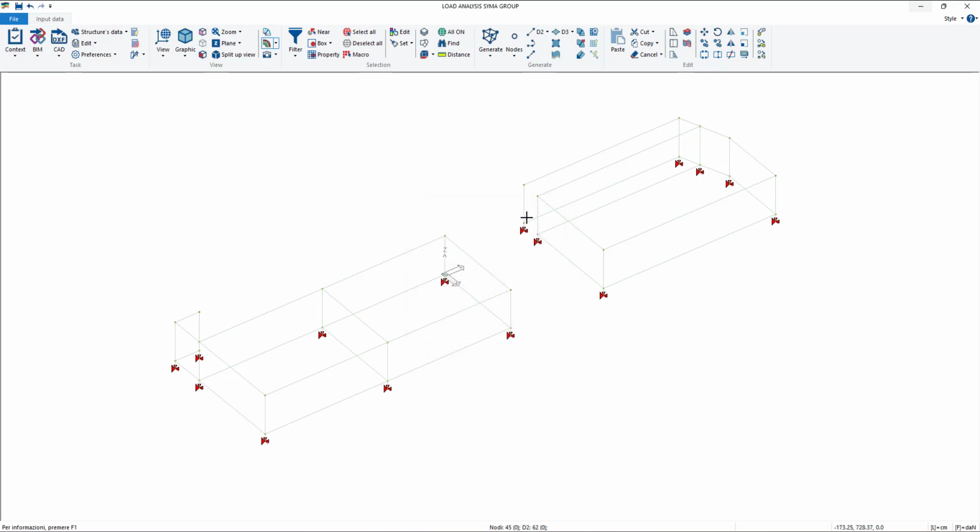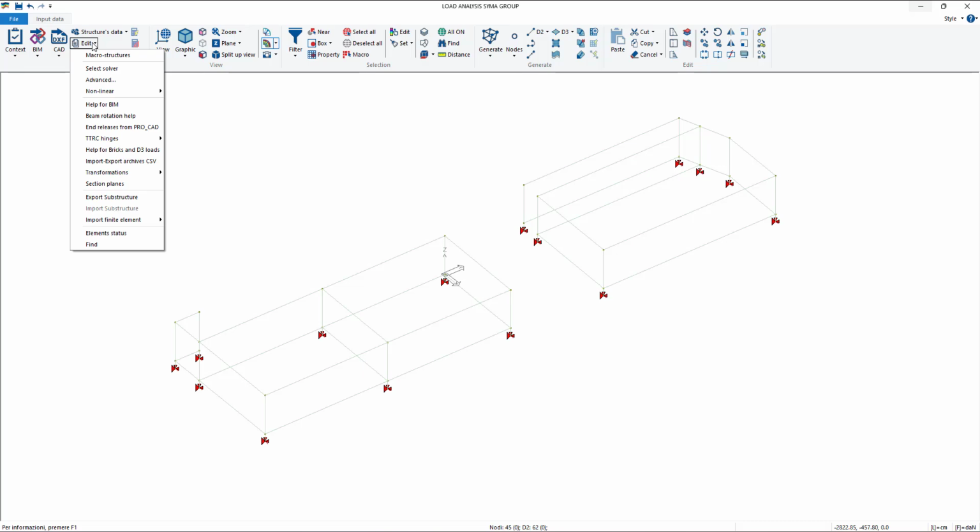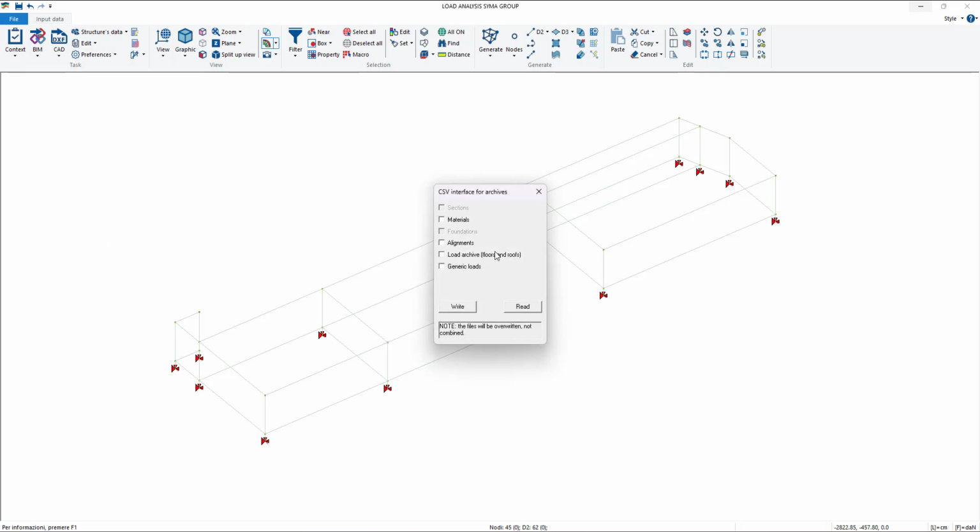Okay, so in order to import a material archive, you need to have this file that I'm gonna send you with this video, and that is on a CSV format, something like an Excel file, and you have to go edit, import export archives, select materials or whatever archive you want to write or to read, so to import or to export, because you can also use this command to export archives and then import in other models.